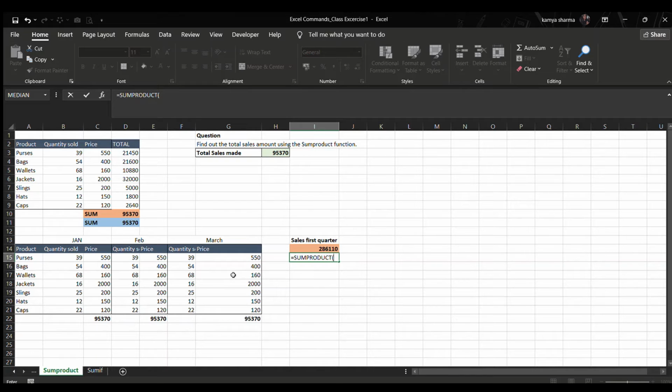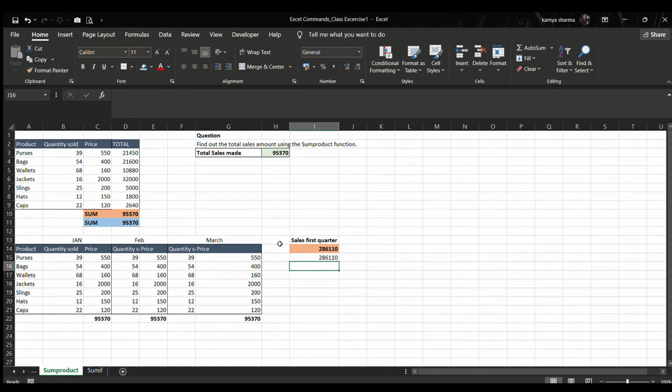So what you need to do is select SUMPRODUCT, select array 1, comma, select array 2, close, then add plus, again use SUMPRODUCT, other arrays, and then you can go with the remaining two quantities, and this is how you will get the actual total, which is 86,110.